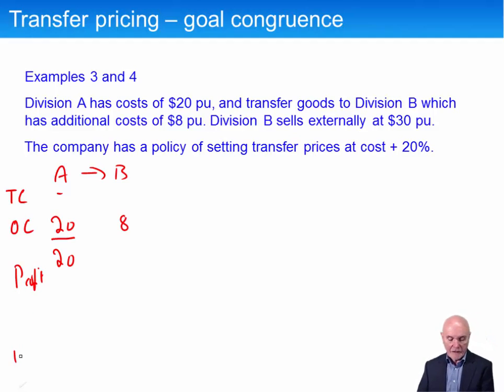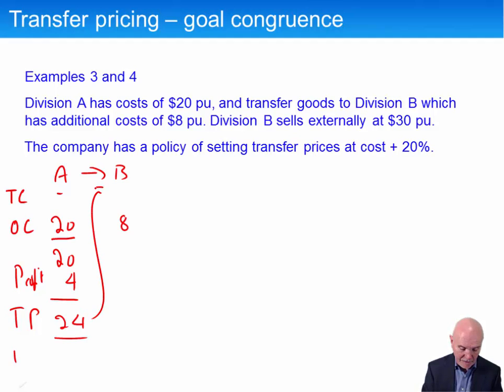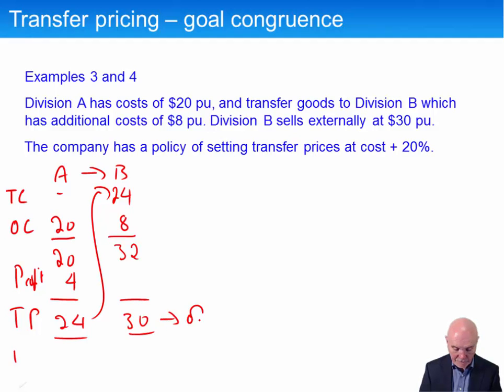And the profit that we have, it says it's going to be transfer price at cost plus 20%, cost plus a fifth. So we're going to be setting it out at 24. So that is the transfer price that's going to go through to B. So this comes up to here, in goes 24, we have got 32, the outside selling price is 30, so that's outside,